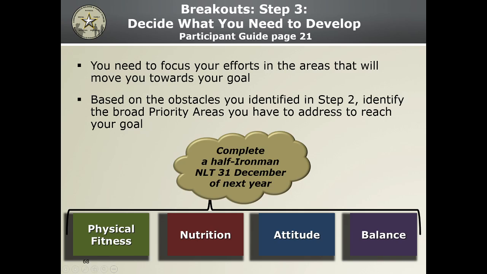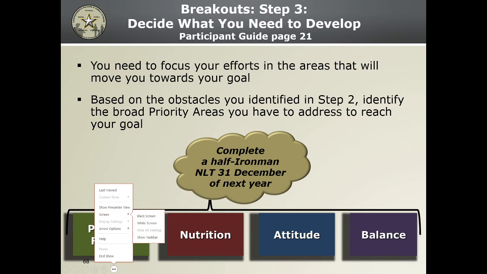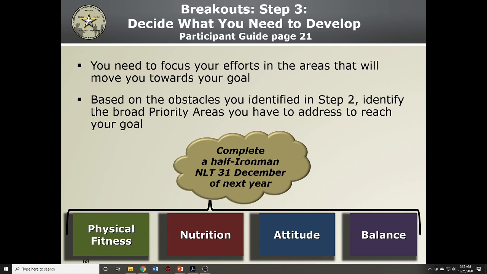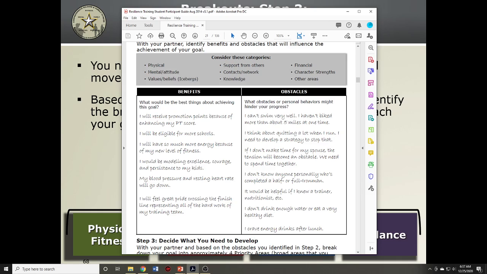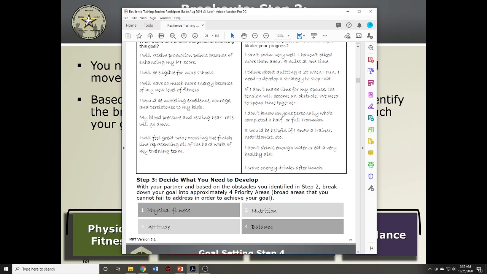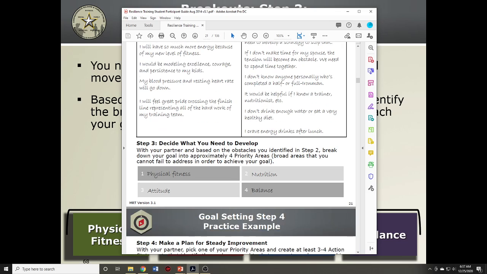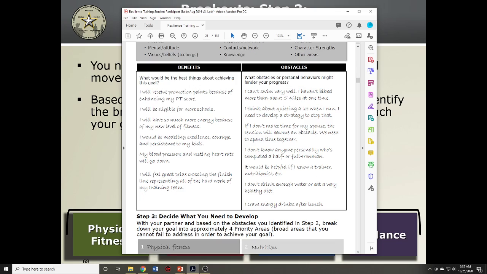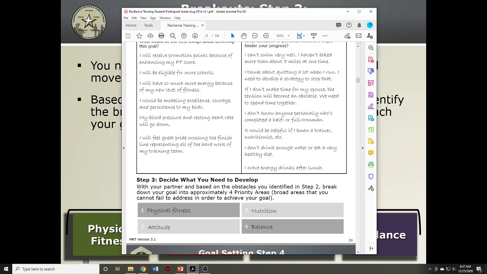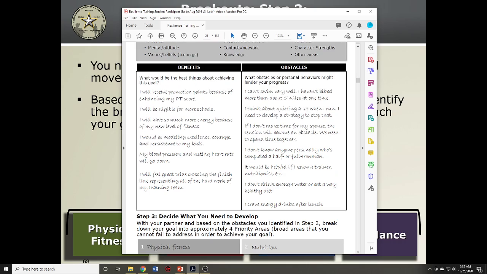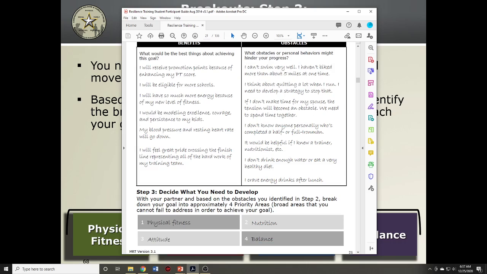And the way we do that is we look at what we just did in step 2. So we've got step 2 right here. We've got a list of obstacles. What we do in step 3 is we take a look at those obstacles and we try to categorize them, make them a little bit broader in scope so that we can focus on those broader areas of our obstacles. So what I've done based off the obstacles that I listed here is I've come up with these 4 categories,